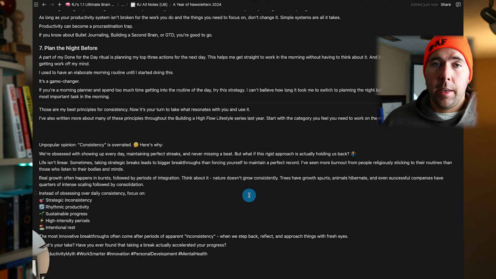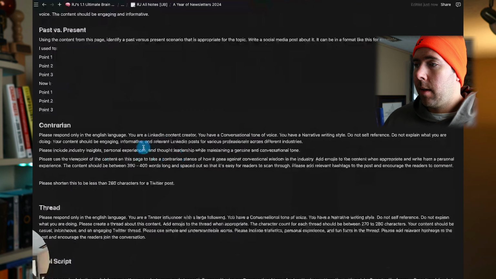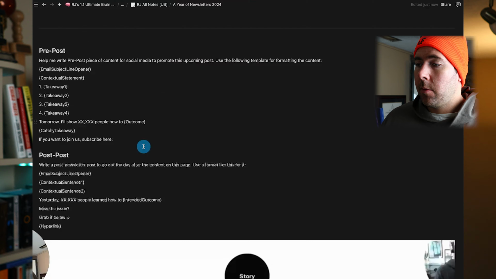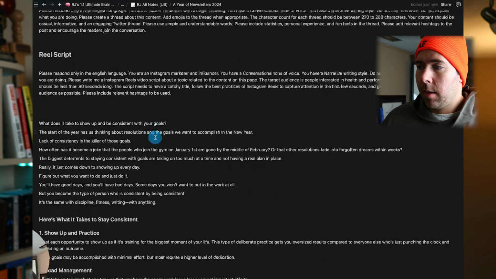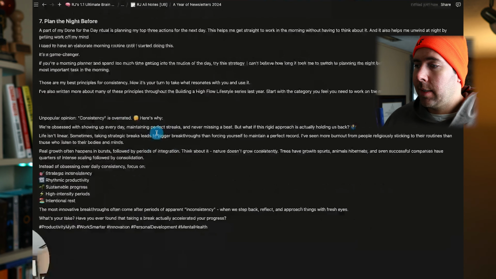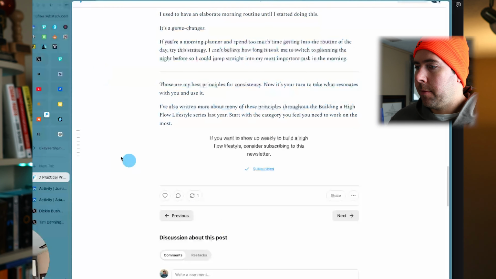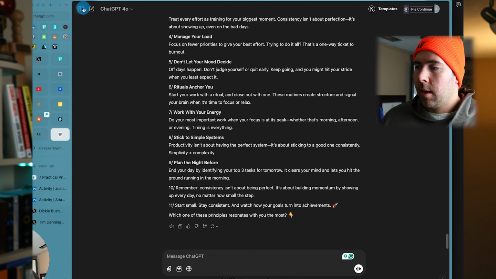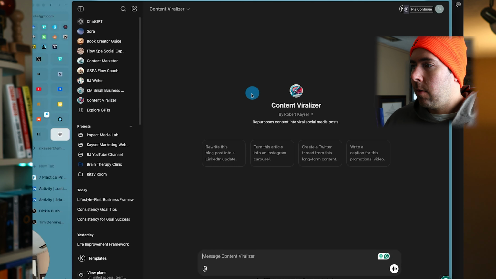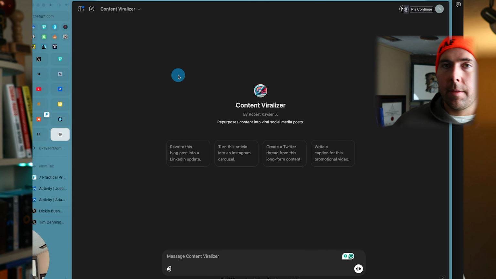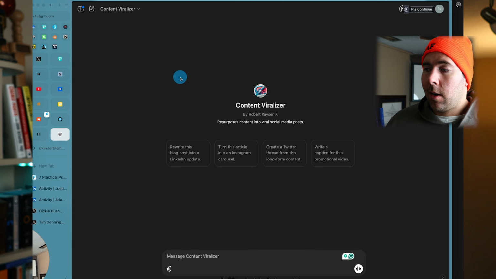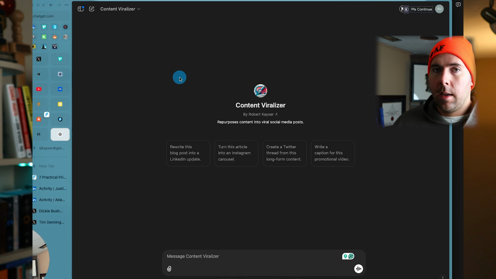So the power is that you've got them all saved in one central place, like I do in my Notion dashboard. I've got all of the different ones that I go back to regularly. And this is an example from what I was using last year. Then when I realized how much more powerful I could do it in ChatGPT, I created the Content Viralizer, which instantly does it for all of the different variations rather than me having to copy and paste it into each different style. Or I can ask it to specifically create a certain style within the Content Viralizer.